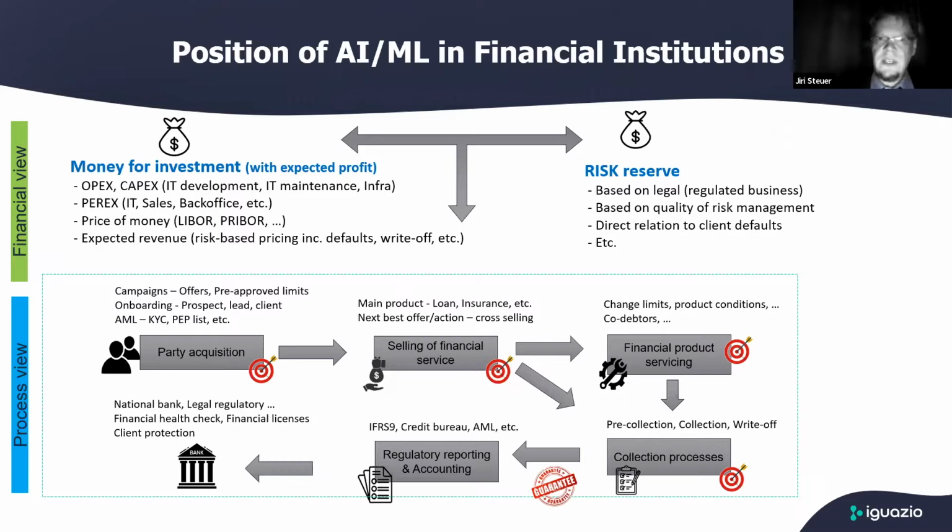What is the key differentiator between the good and the best financial institution? It is all about the ability to deal with the risk, where machine learning models and data play the key role. A very strong factor is the power of this model and the efficiency to bring this model to production. Next slide, please.